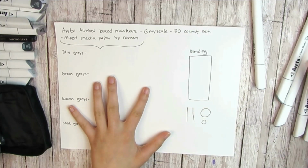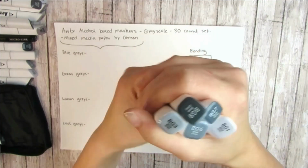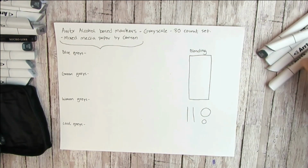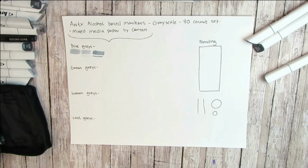And yeah, so we're gonna do swatches of all the blue grays. These are the blue grays. I kind of wish there were more of these because I actually really like the color blue gray. It's a really nice color, especially if you want to draw a nice rolling sky with maybe clouds. But this